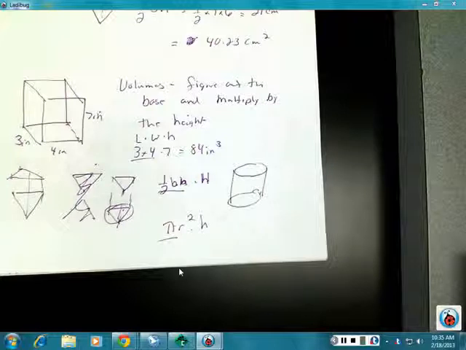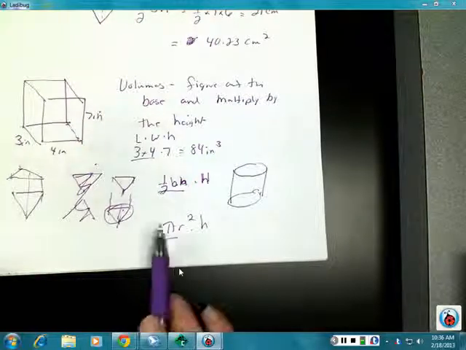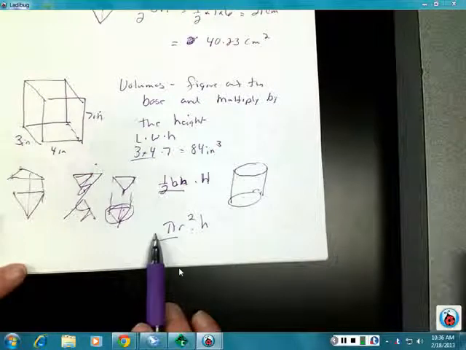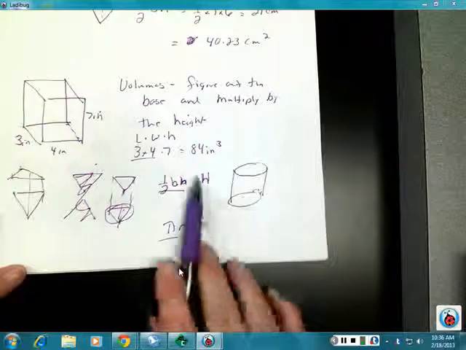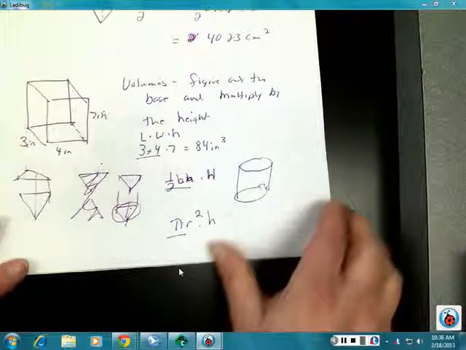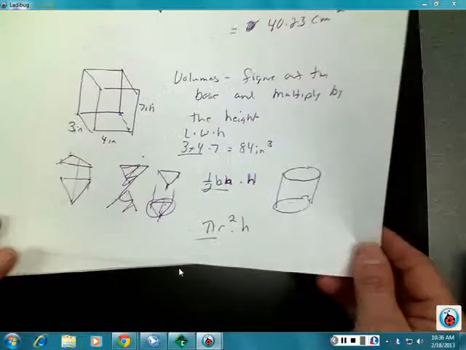So make sure that you keep that in mind, that whatever your volume happens to be, it's the base shape, whatever that bottom piece looks like that you're working with to come up with what your values are. So that's kind of a hint. So if you know all your area formulas, you can find your volume formulas just by multiplying by height. Now the ones that get a little tricky with your volumes